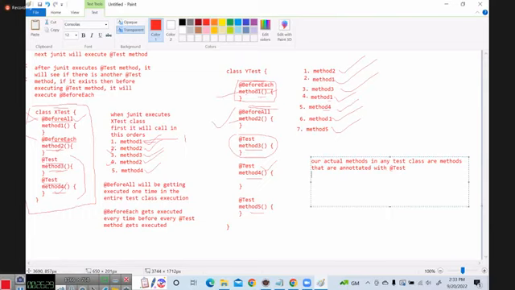Now, if all these test methods are using a global variable or a common variable that needs to be initialized,